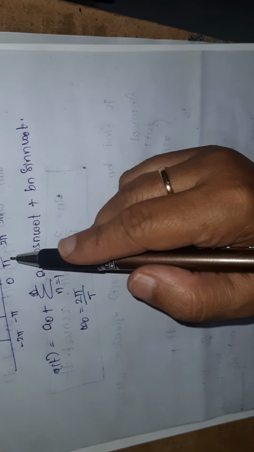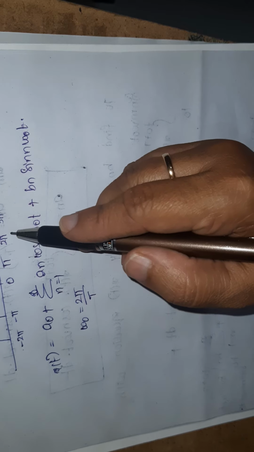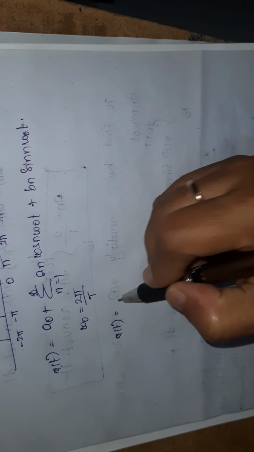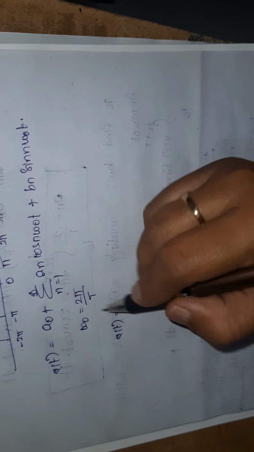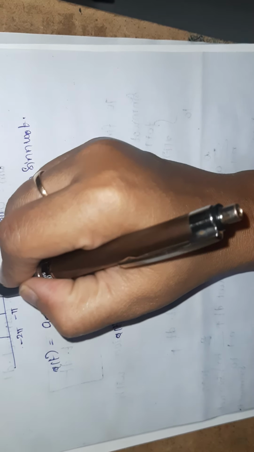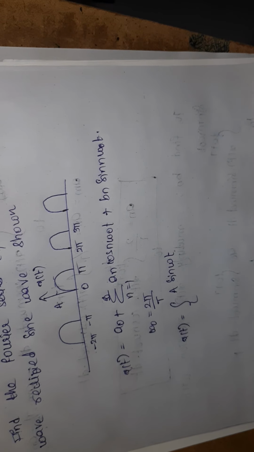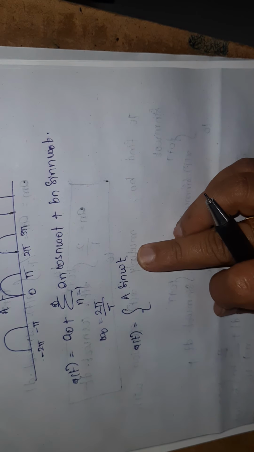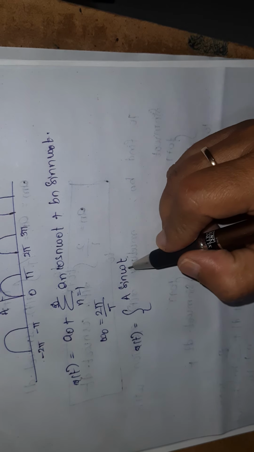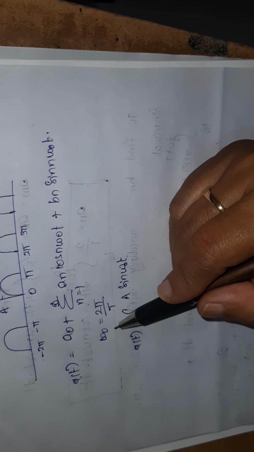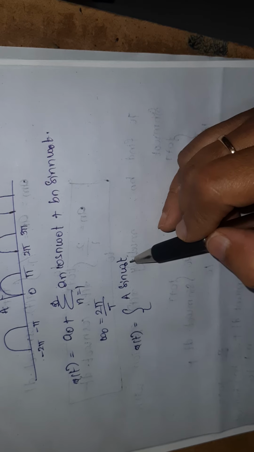So what is the fundamental time period for the given half wave rectified signal? Here x of t is the given signal, a sin omega t. The given sine wave is having the magnitude a. So I am writing a sin omega t, where omega naught is the fundamental frequency, so a sin omega naught t.